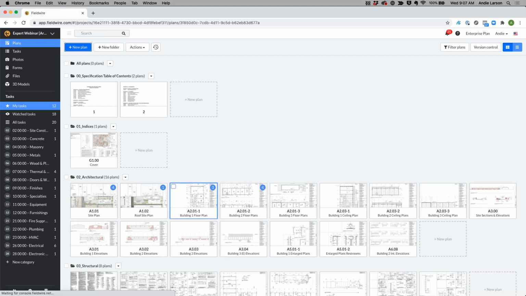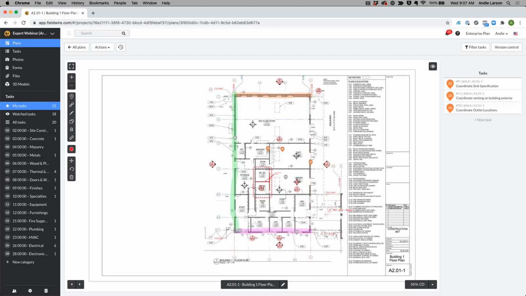When you do upload your plans, Fieldwire will scan the plan, and what it's doing is looking for the sheet number. In this case, this sheet number is A201-1, and what it's going to do with this information is one, name the drawing, two, it's going to scan the rest of the drawing looking for any callouts, sections, elevations, and details, and it'll automatically hyperlink those sheets to